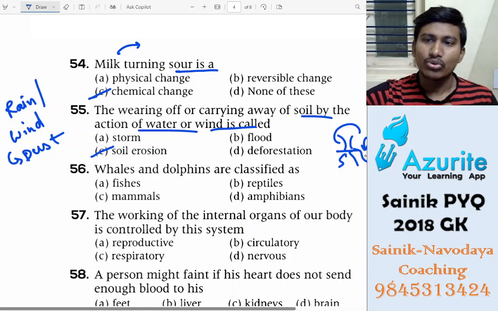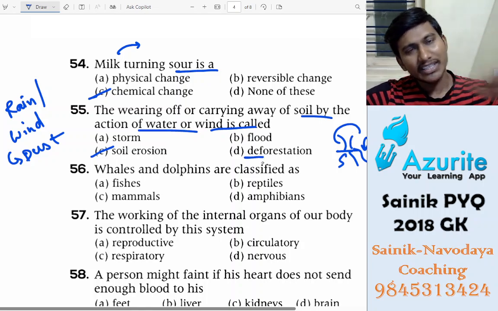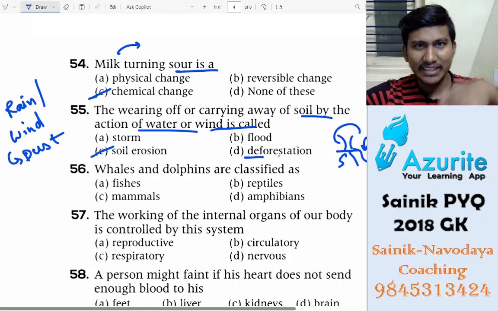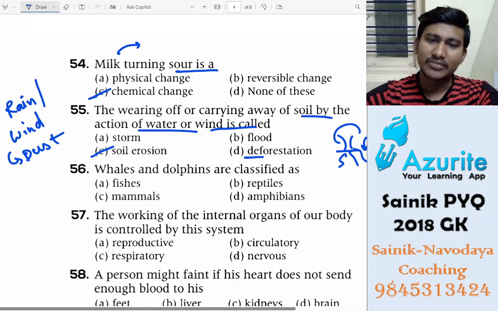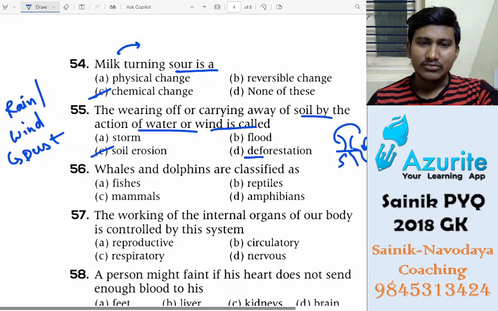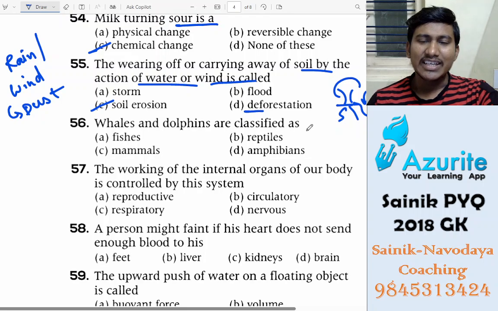So that is how trees help. Deforestation is cutting the trees or removing the trees. Forestation means planting the trees. Okay, understand? So next question here: whales and dolphins are classified as mammals because they give birth